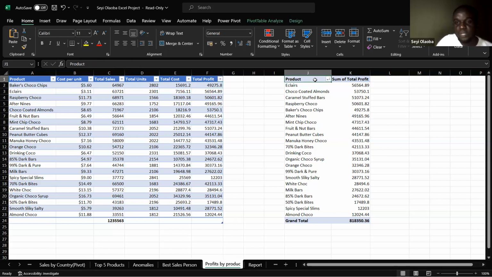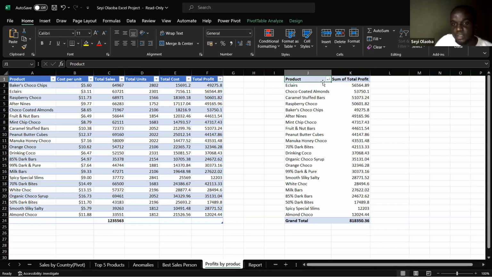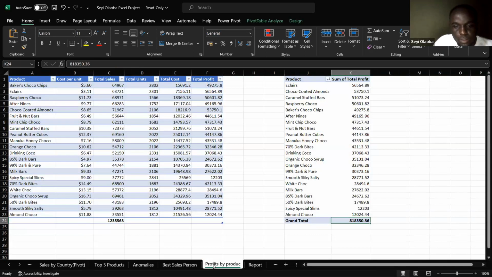So I use the pivot table to summarize the total profits with all the products. The total profit from all the products was around $800,000. So the next question was to derive a sales